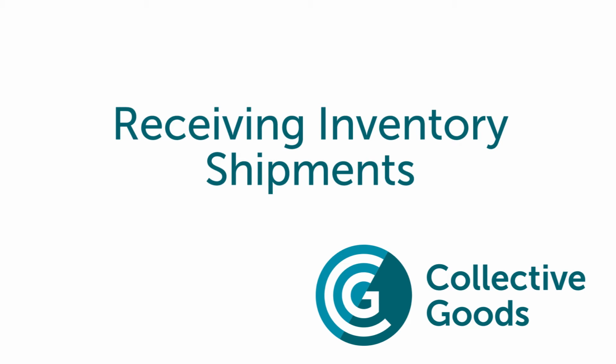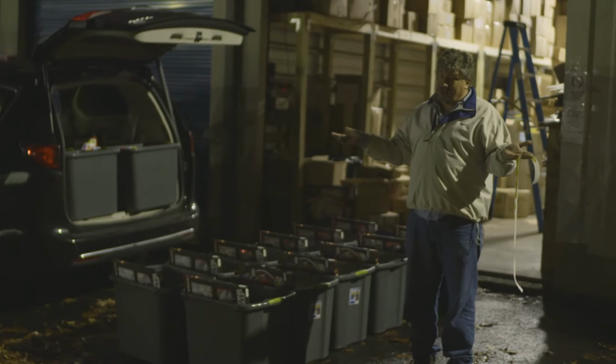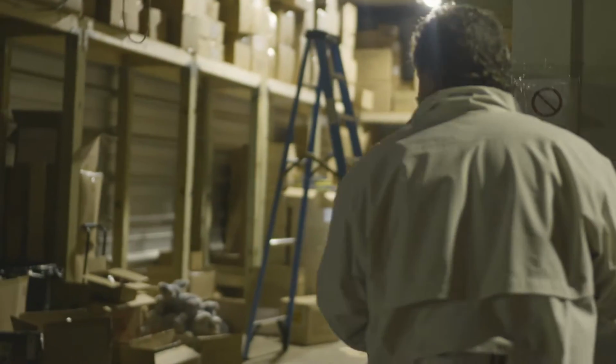Being a Collective Goods rep starts with inventory. Basically, I'm in a storage facility. I receive inventory on a weekly basis based on a sales report from the prior week. My inventory manager sends me what he thinks I need, I approve it, and it comes in via a truck. I get anywhere from 2 to 3 skids. If I'm getting a new cycle, a completely new round, it's going to be upwards of about 15, 16 skids,